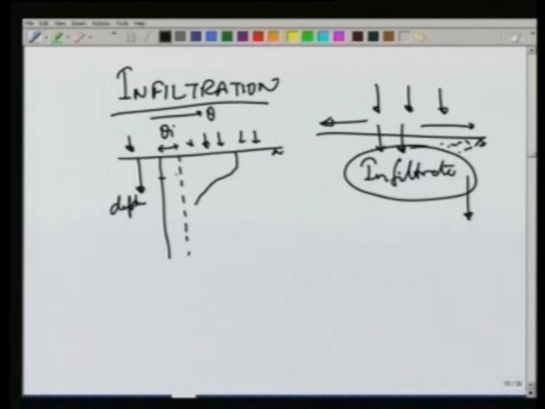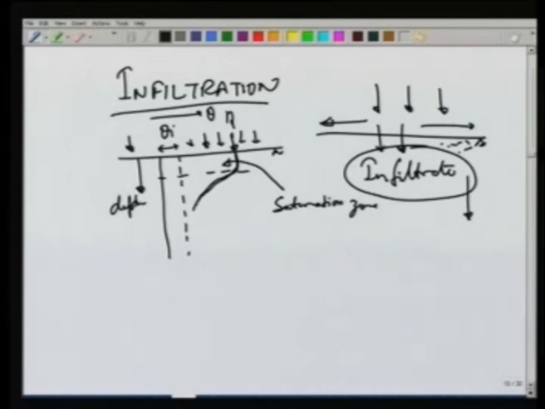So, we will have a zone which we can call the saturation zone, in which the soil will be more or less saturated. We can say that the entire porosity may be filled with water. So, if porosity is plotted here, then the entire soil here is more or less saturated with water. Then there will be some unsaturated zone here,